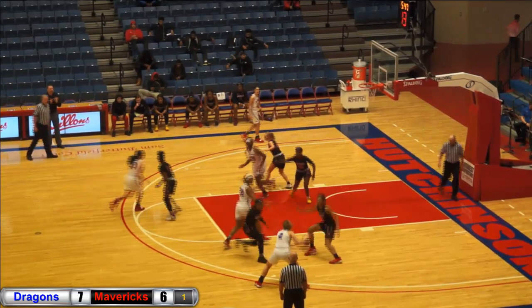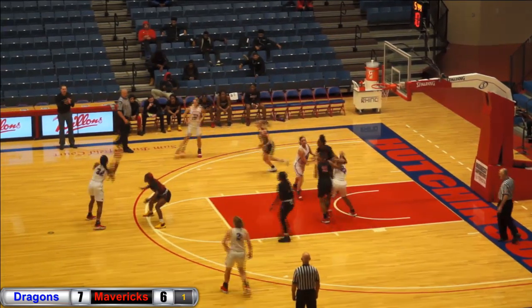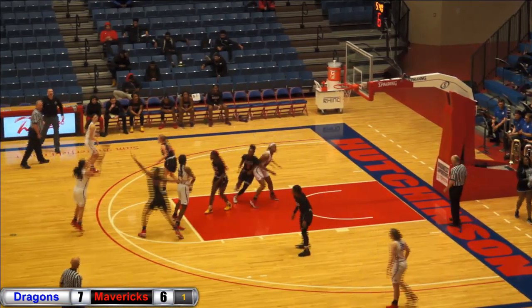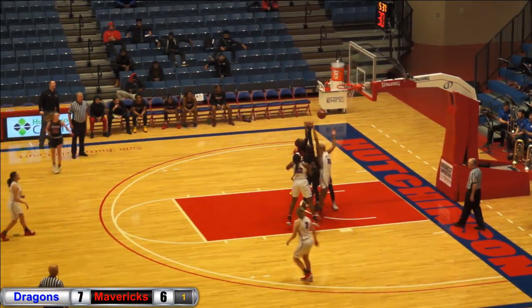Ball on the outside, Van Etten to the right wing. Now to Ogle. Ogle will step back to Mickens. Left side to Bradshaw. Bradshaw holds it. 7 on the shot clock. Here's Van Etten. Straightaway 3. Rims out. No good. Battle for the